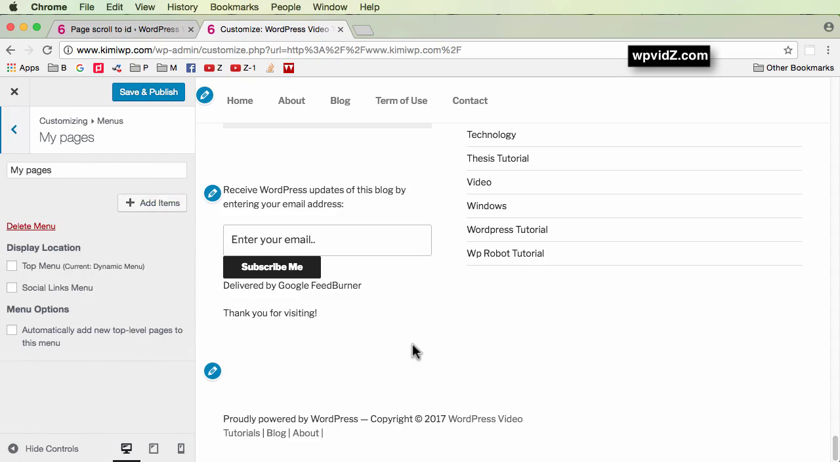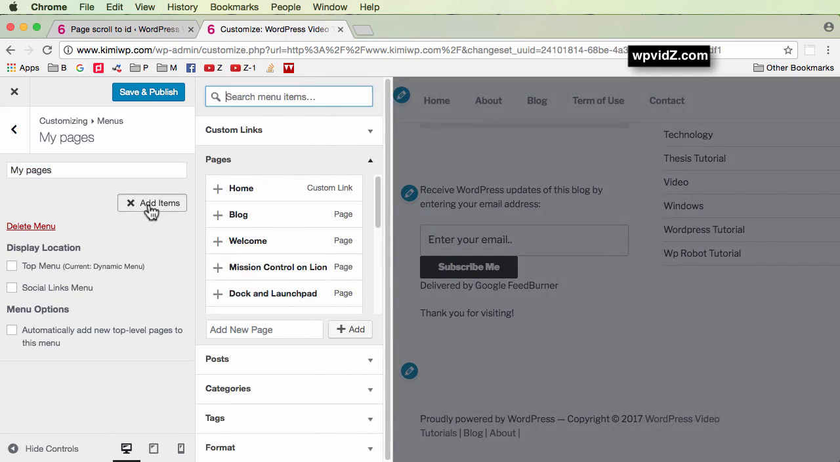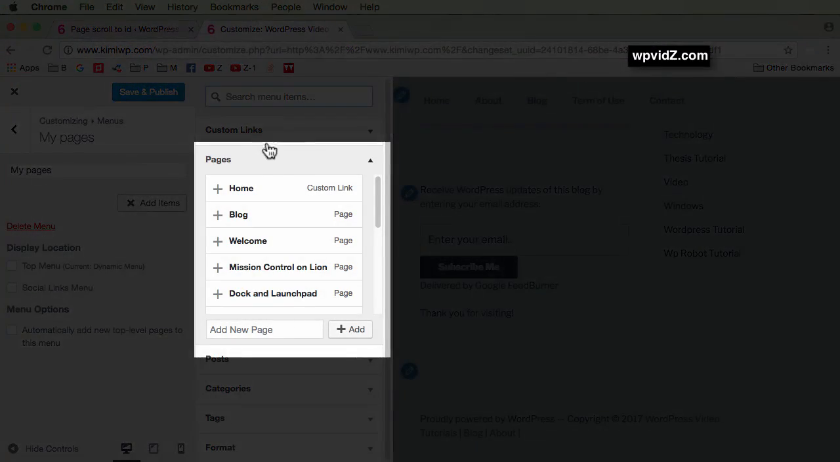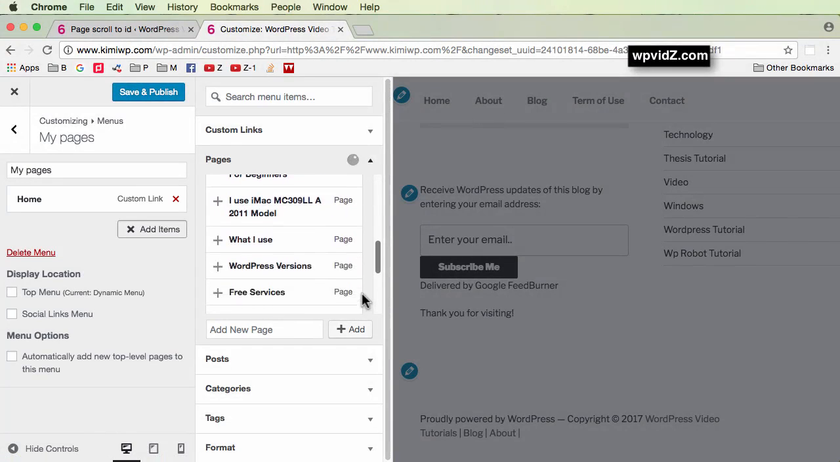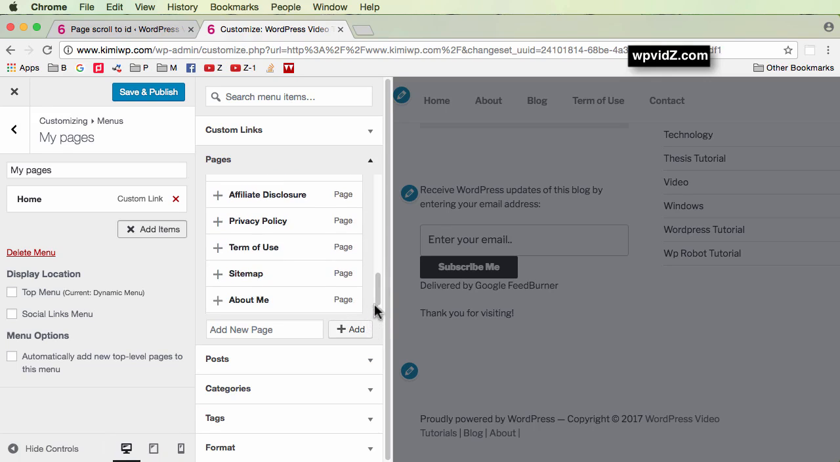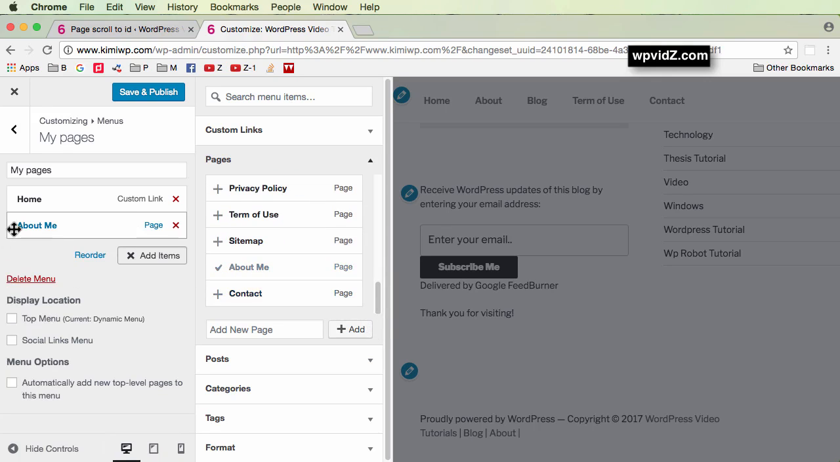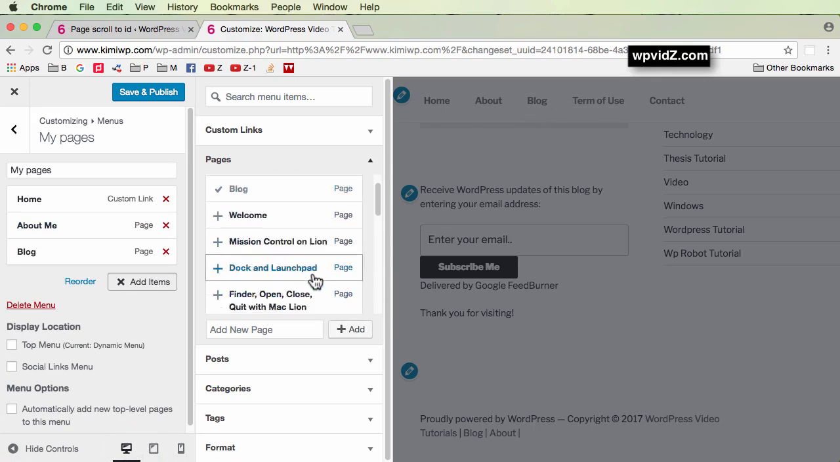And I want to display it in the footer, so I do not want to assign it to the top menu or social links menu. I just want to create a new menu and then add items. So let's do that. Now this time we want to add the real pages. So home, and then about, there it is. I'm just going to add about, and then blog, and then terms of use,